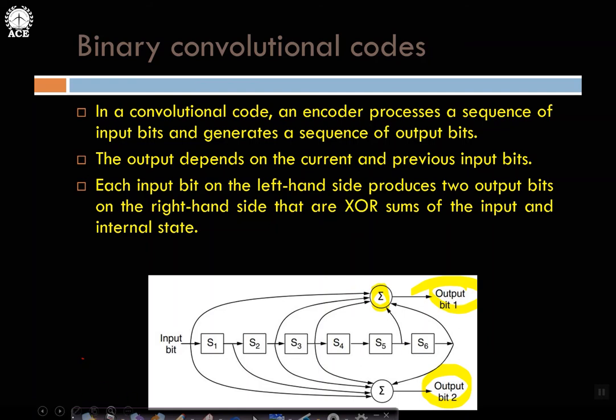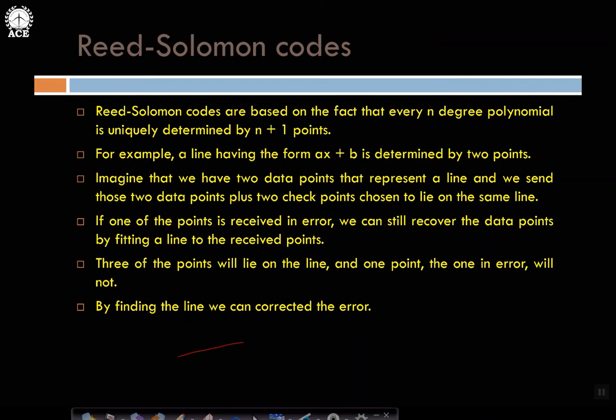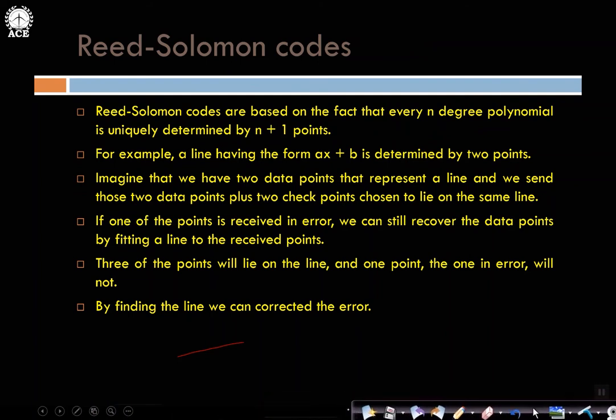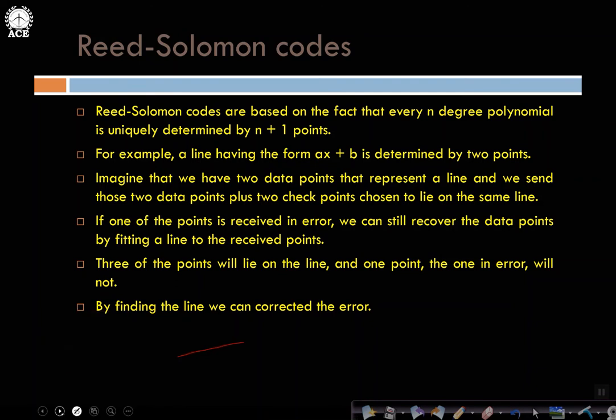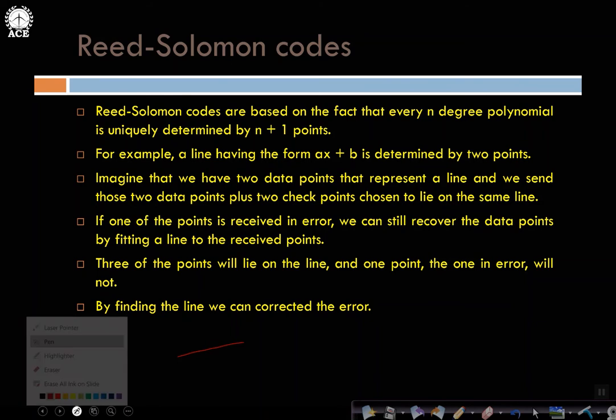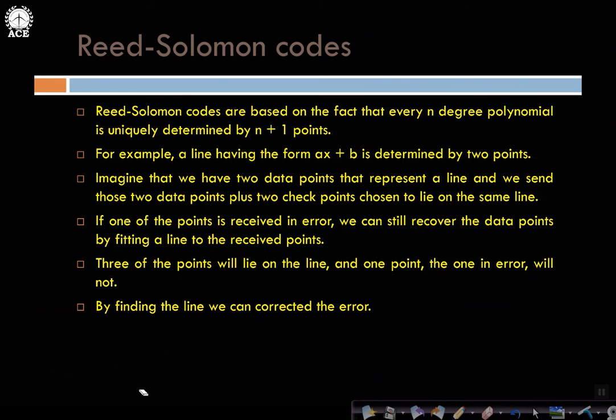If you want more details of this, you can have a look at the textbook and Wikipedia also. From Wikipedia also you can get the information about convolutional codes, because in your regular textbook details are not explained. The detail working like Hamming code is not explained, just brief explanation, and that is sufficient enough from your examination point of view.